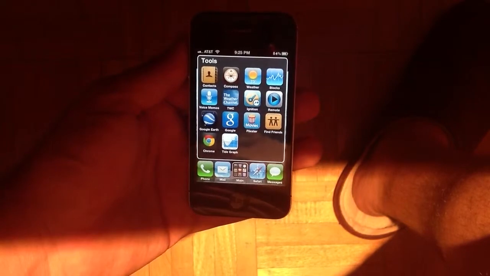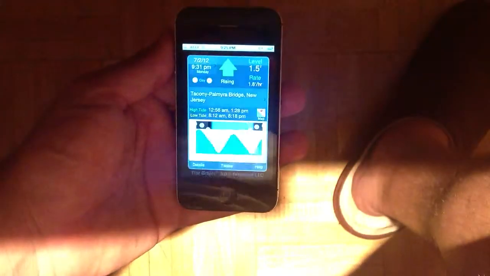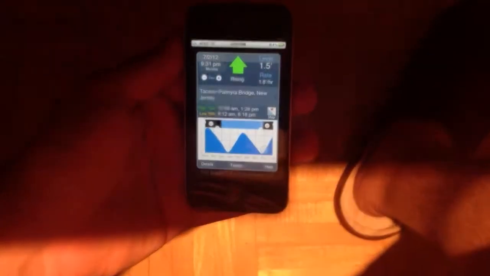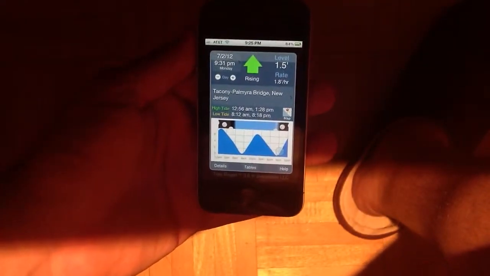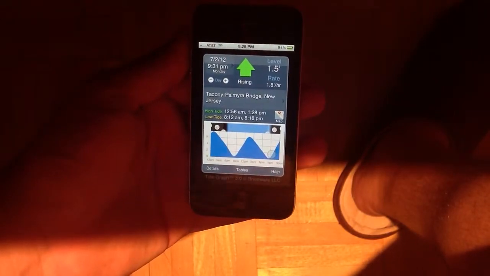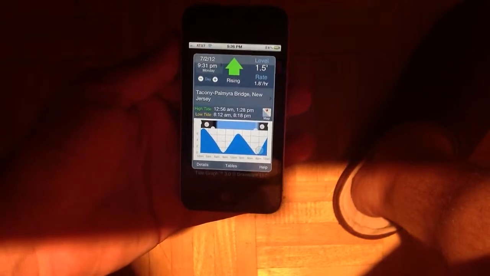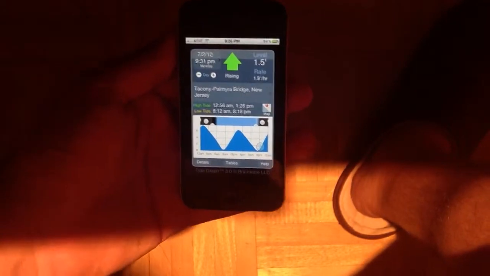Today we're going to be reviewing an app called Tidegraph. This app is actually listed under the navigation category, though it's more of an informational or utility app, I guess you can call it. Its main purpose is to show you the tides and currents in different waterways throughout the country. It does a great job of providing you with a lot of different metrics, as you can see on the